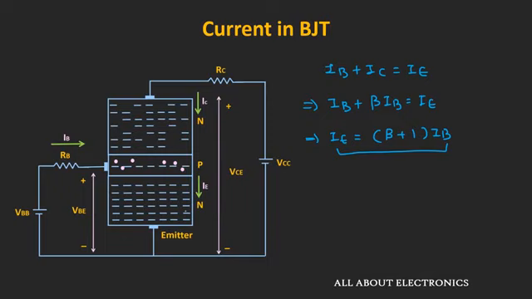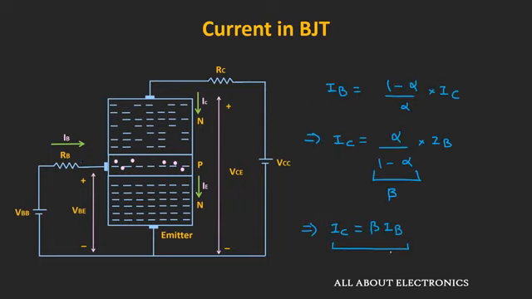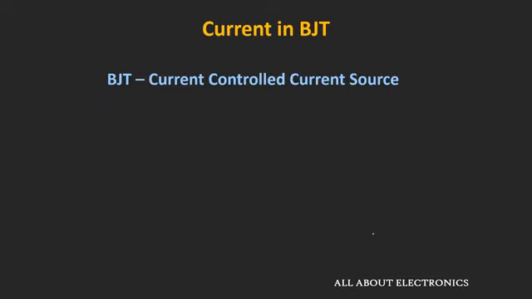Now if you notice over here, in this common emitter configuration, this base current is the current on the input side, while the collector current is the current on the output side. And these two currents are related by this expression. That means by controlling this base current on the input side, it is possible to control the collector current. And that is why